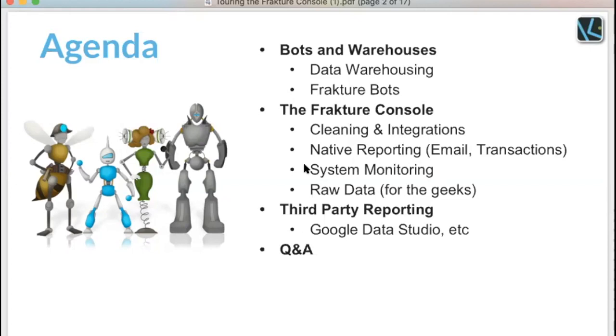And then we're going to get into a little, for some of the geeks, a little bit of the raw data itself and how you can see and visualize a lot of data in your warehouse. And then we'll wrap it all up with an overview of some third-party reporting, which is one of the key reasons some people might choose to use a warehouse, so they can leverage some modern reporting suites like a Google Data Studio, etc. Again, if there's any questions or problems or issues, use the chat. I'll crank on forward through the next couple slides as we go through this. So, kicking it off,